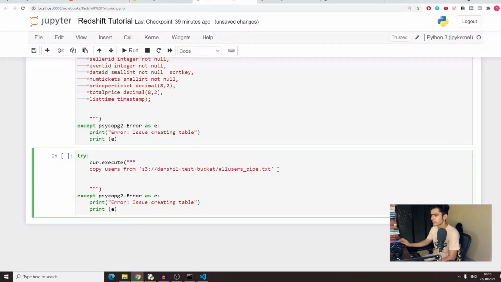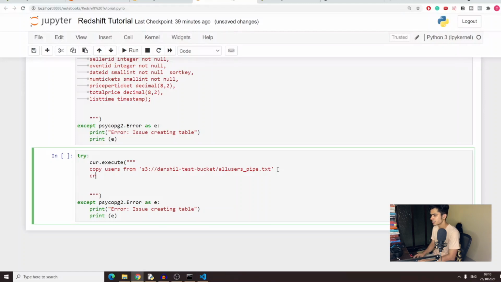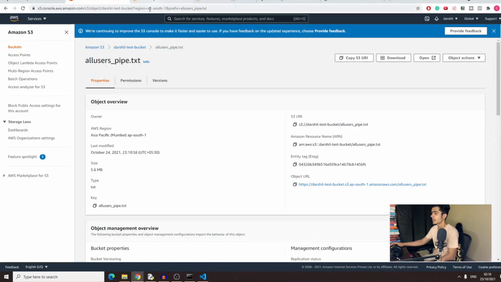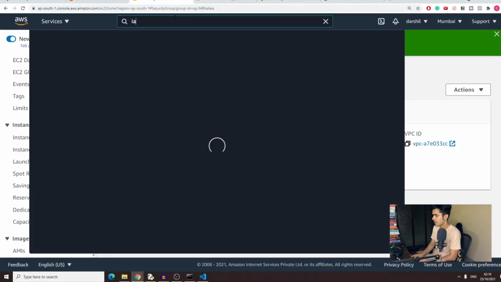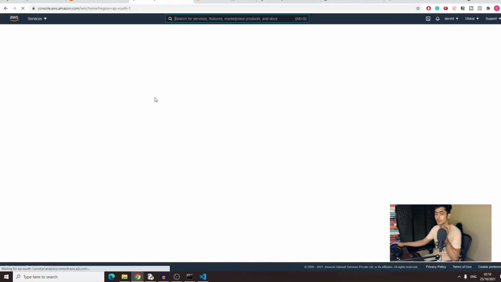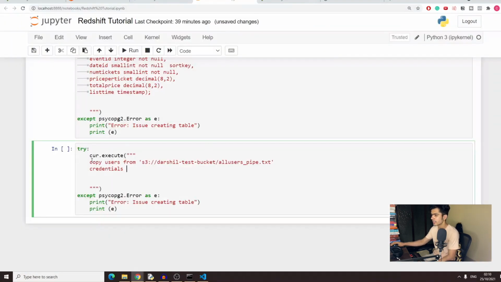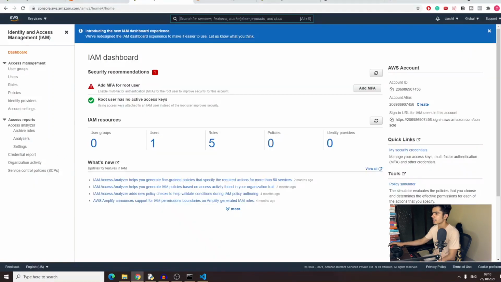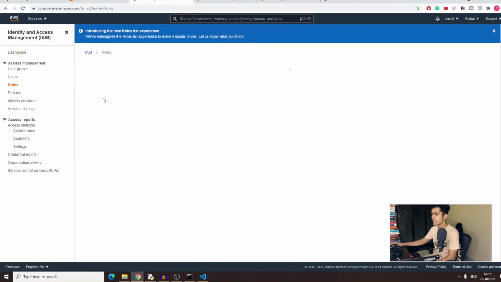My voice is broken. Wow. Then I'm going to provide the credentials. Inside the credentials, now our IAM comes. Let's go to the IAM role. The ARN access, I've already talked about. This is the unique URL to our IAM role. What we are basically telling Redshift is to copy into users from this particular file. This is the credential, telling it that you have access to this particular S3 bucket that I've already created, using the role.